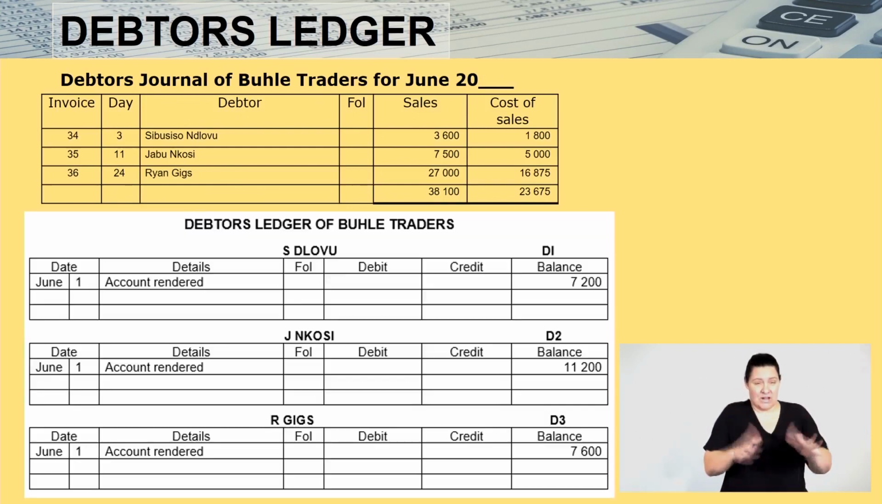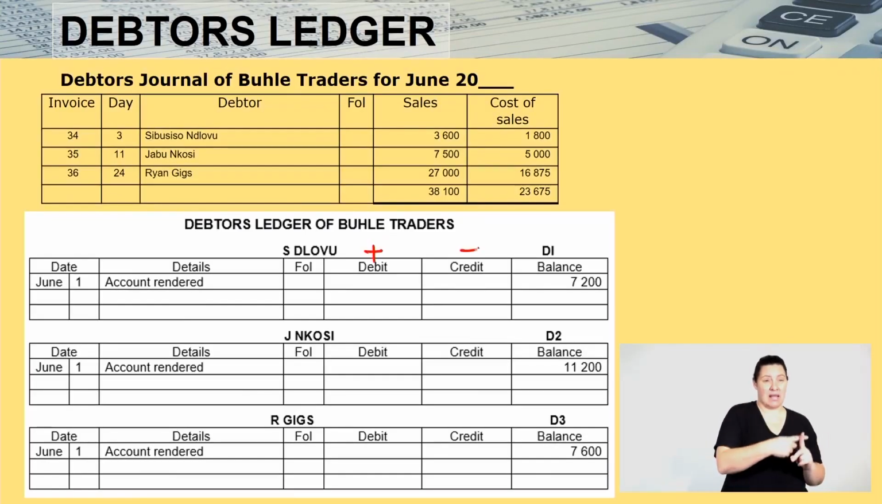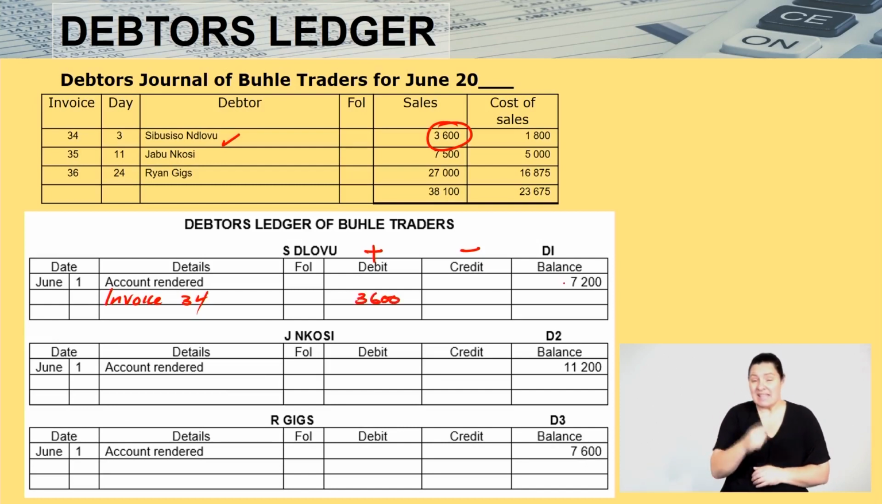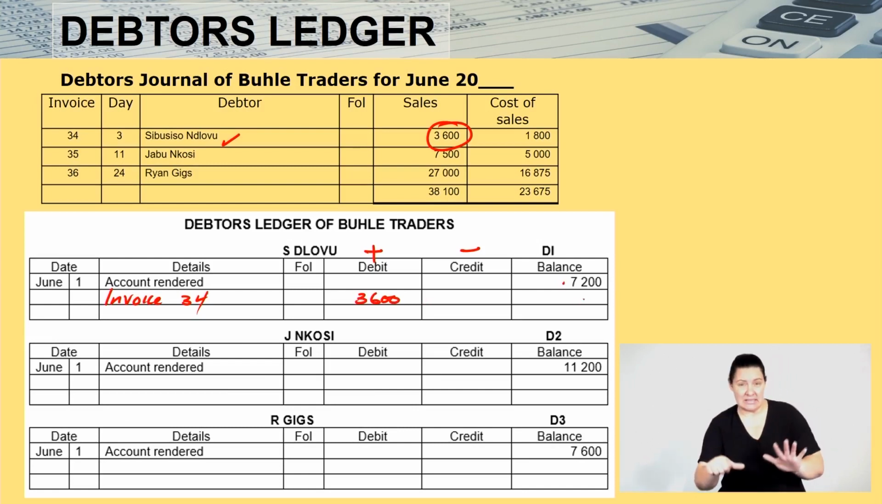Now, once you are done with your trial balance, now we're going to do the debtors ledger. Remember, in the debtors ledger, on the debit side, I have a plus. On the credit side, I have a minus. Let's quickly post. We have a debtor here, Sibusiso Ndlovu. We sold goods to him of 3,600. So we're going to come here and we're going to record our invoice, which is invoice number 34. And the amount is going to be 3,600. So if you say 7.2 plus 3.6, that gives you